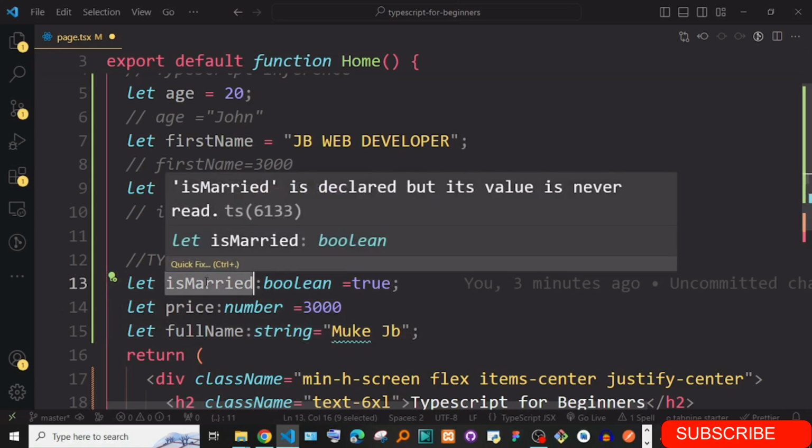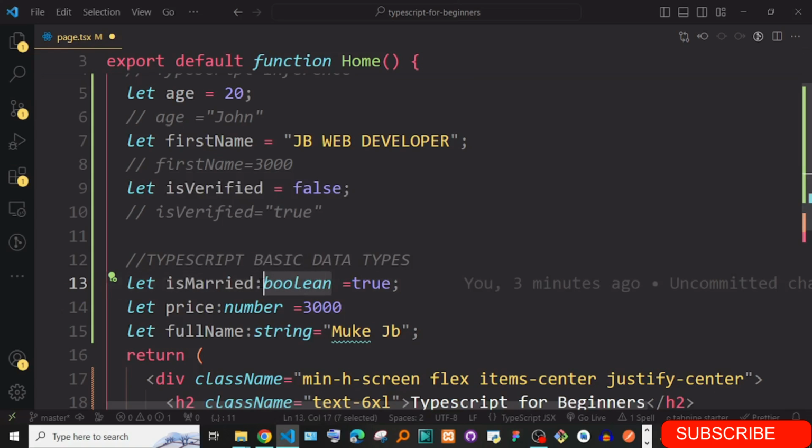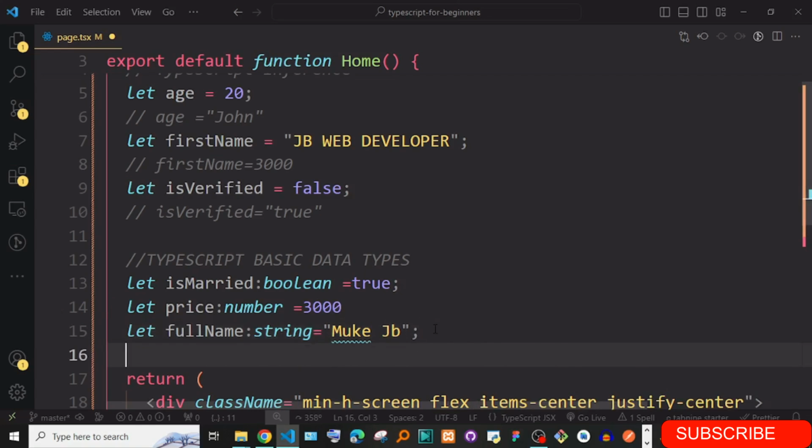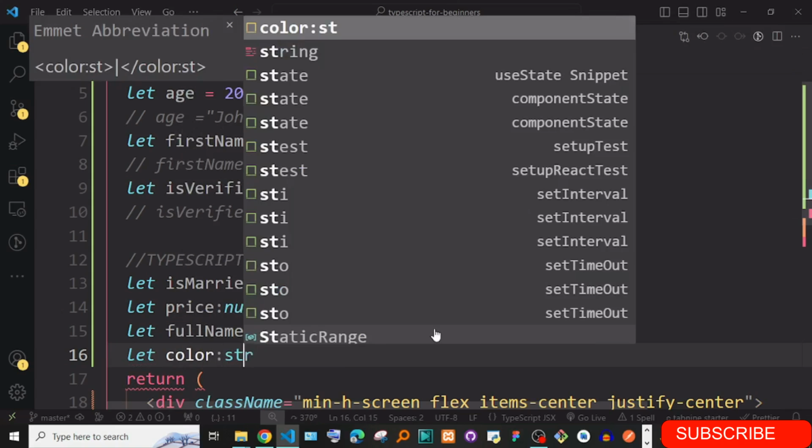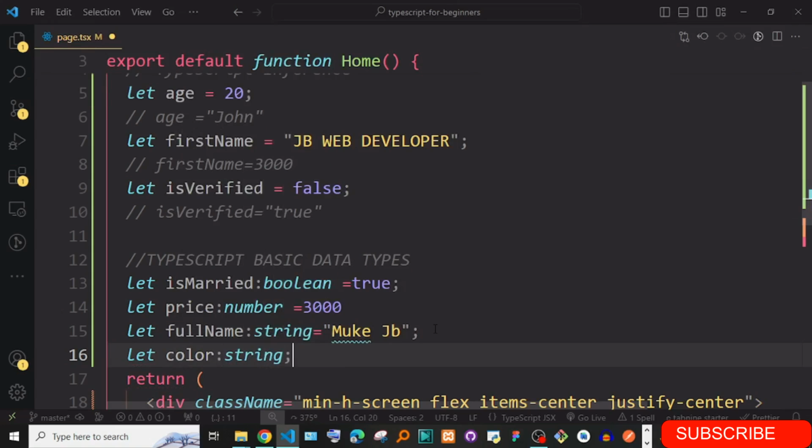So you can see this is the normal way of defining the data types. You simply give a variable, then in front of it you give it the type. And you don't even need to initialize it. You can still define it and then initialize it later, give it a value later. For instance, you can select color, and you say this is going to be a string, and you just leave it at that.